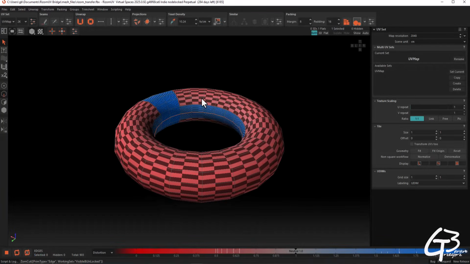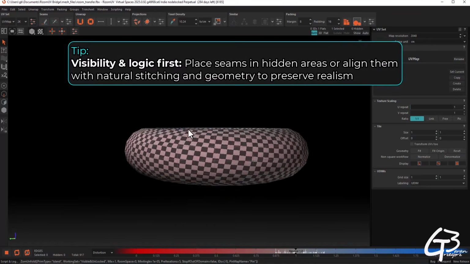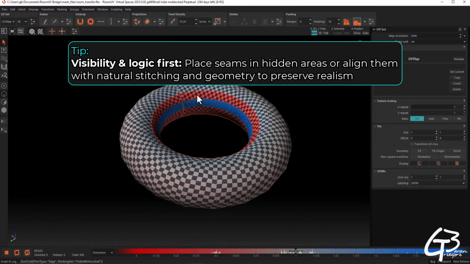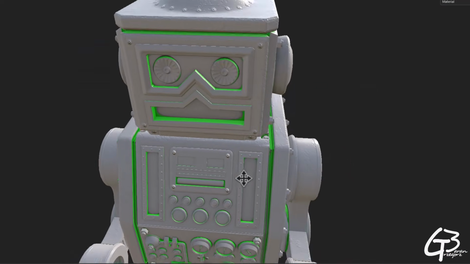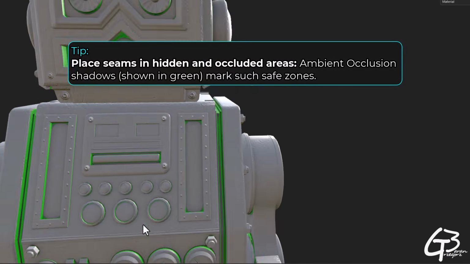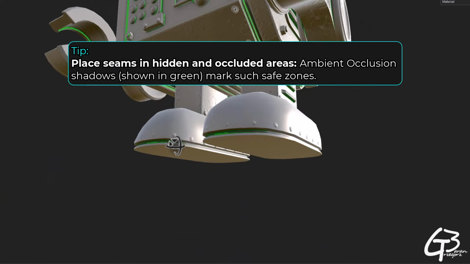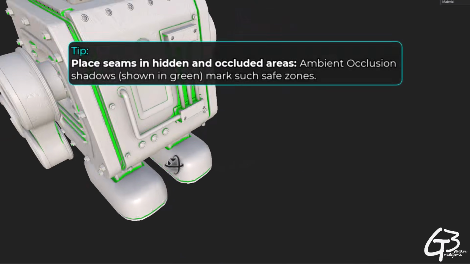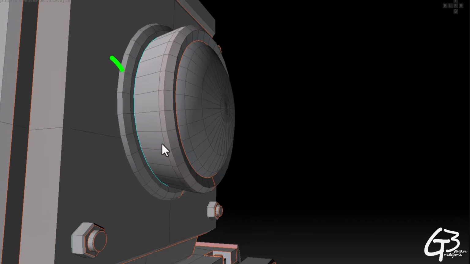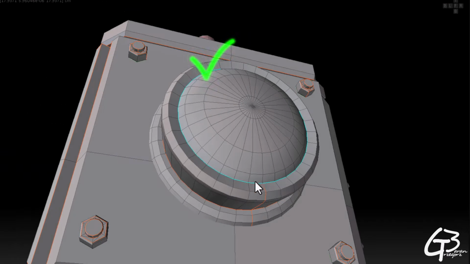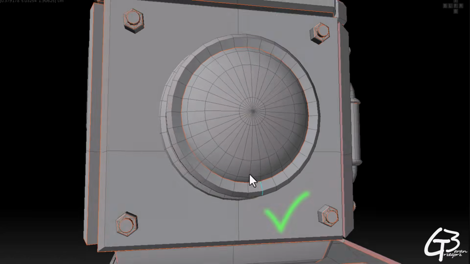So let's put together all the key principles of seam placement. Visibility and logic come first. We should place seams in hidden or low visibility areas, or where they align with real-world seams or logical geometry transitions. This way we minimize distraction, as seams in high visibility areas can break immersion, especially on organic surfaces like